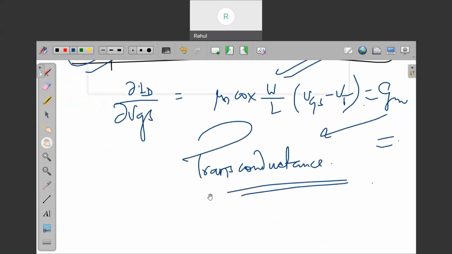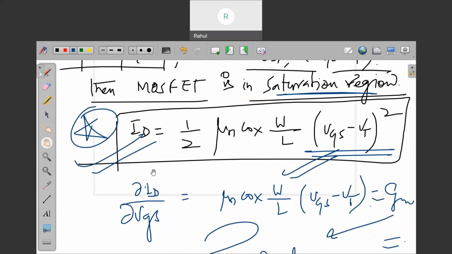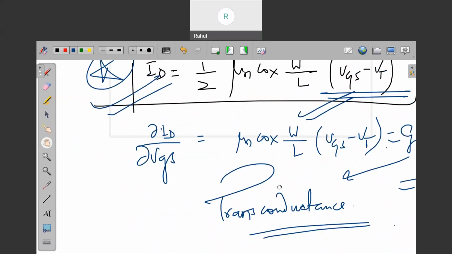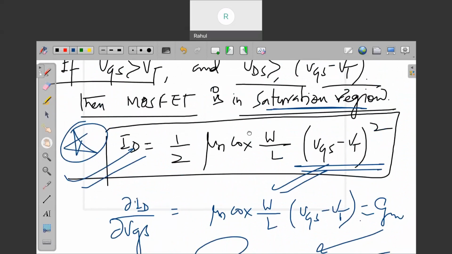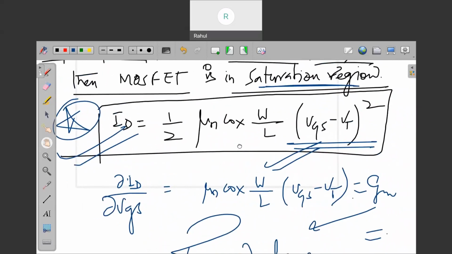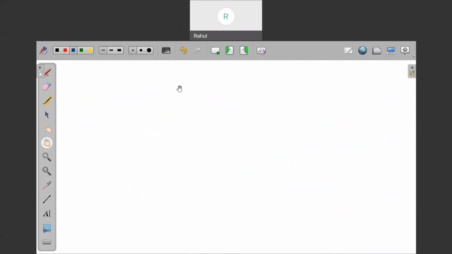And if you want to differentiate with respect to VDS, then what will happen here is that you will have to consider the channel length modulation, right? Right now in this case there is no channel length modulation. But if you consider channel length modulation as well, you can write here,